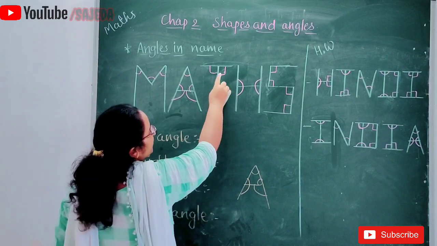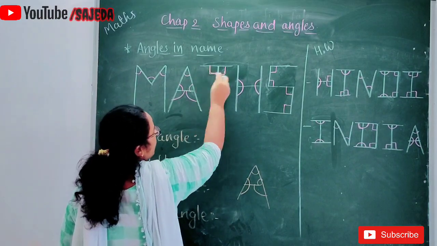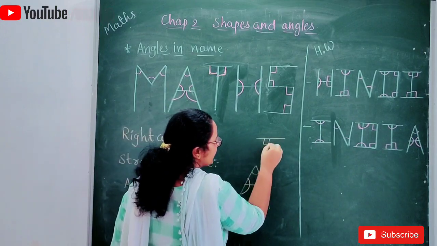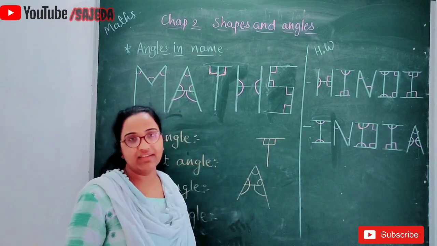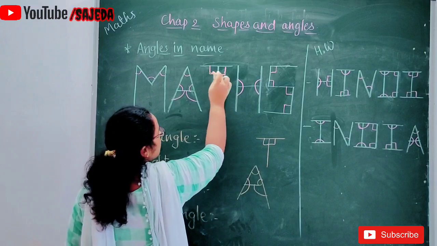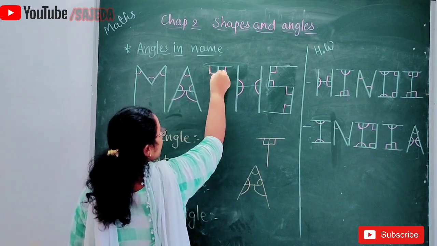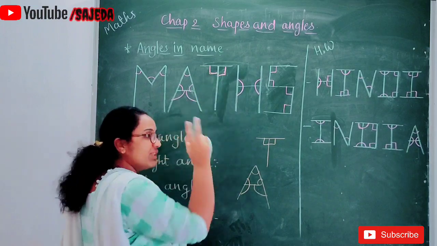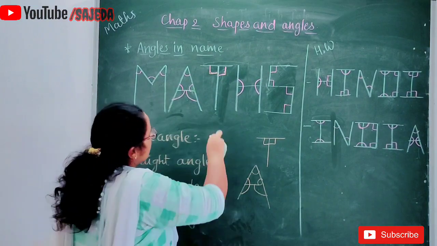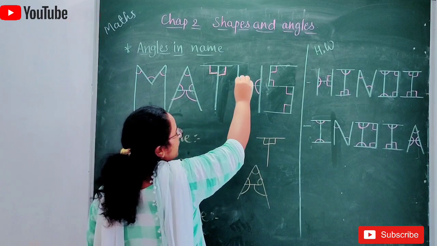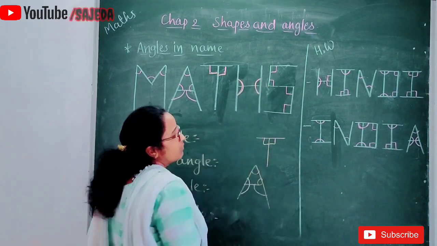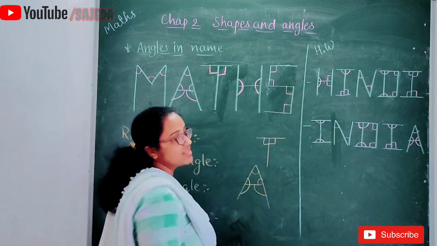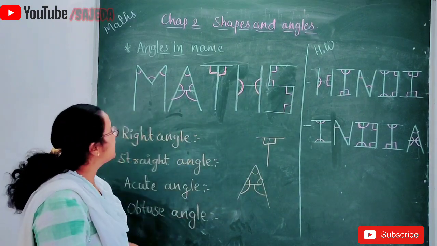In T, you can see that this is a square and this one is also a square. If I join it like this, it will look like a straight angle. That's why I have drawn it in this way. There is a little bit of gap so that you can understand these two angles are different. Both of them are right angles. So here are two right angles. Now here this one and this one, both are straight angles, and in S all these four angles are right angles. Now we will count it.